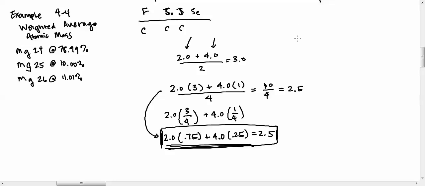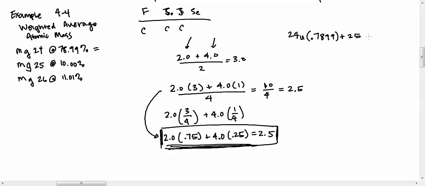So here's how I'm going to do it. I'm going to say, well, I have 24 atomic mass units, and the unit for that is amu. I'm going to multiply that by 0.7899. Where did the 0.7899 come from? Well, that's the abundance of this isotope, and 78.99% is actually 0.7899 in decimal form. And then I'm going to add to that the